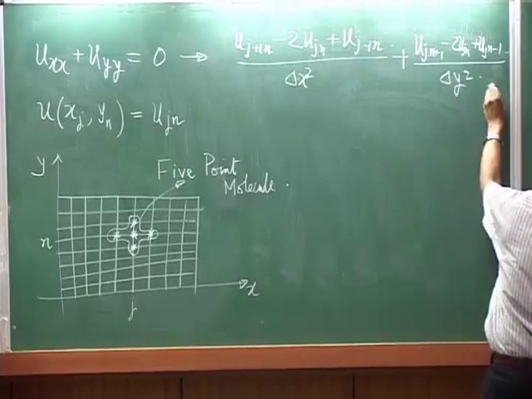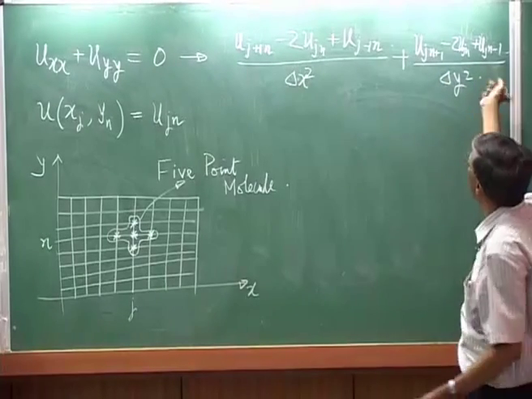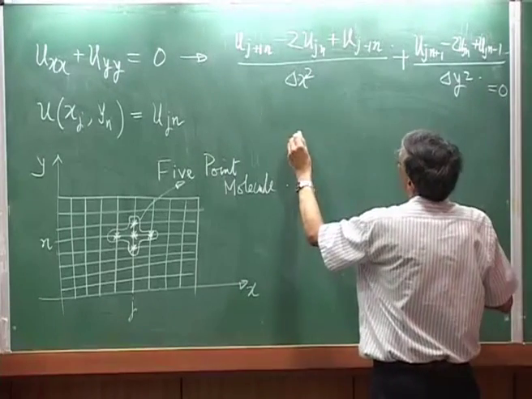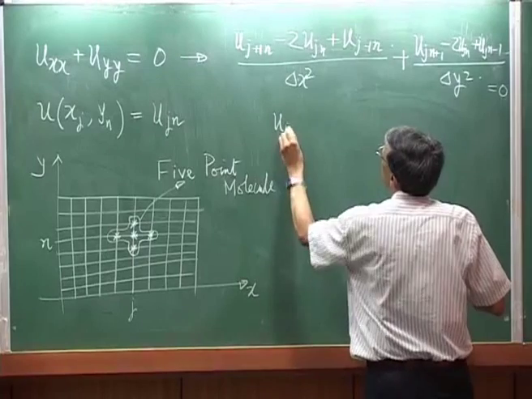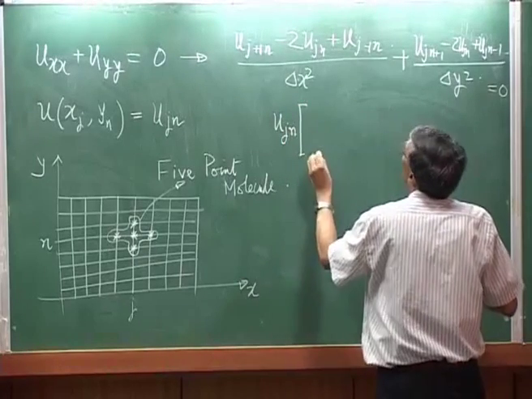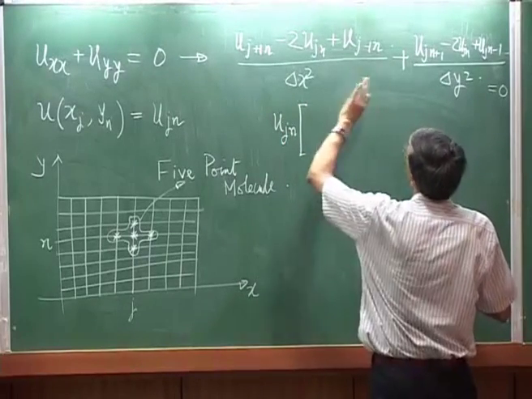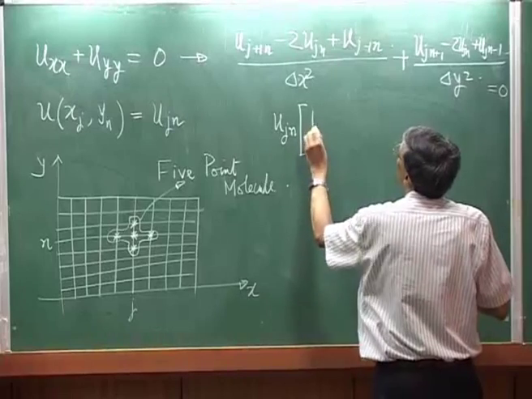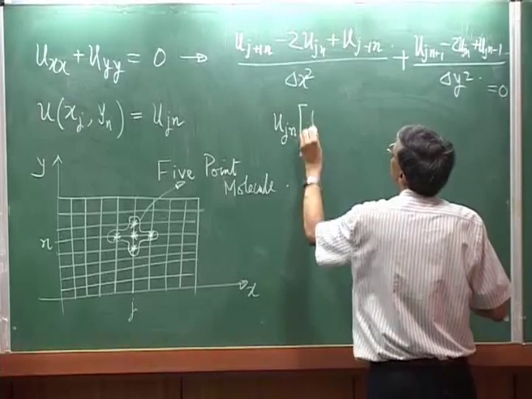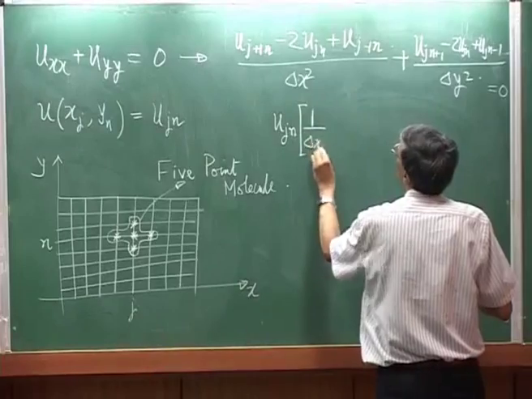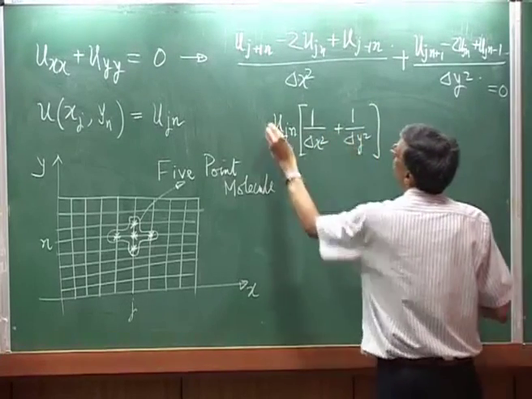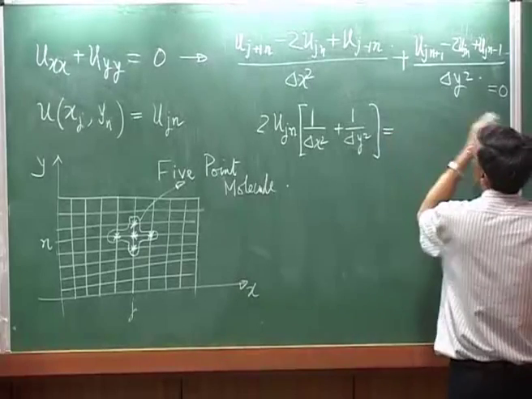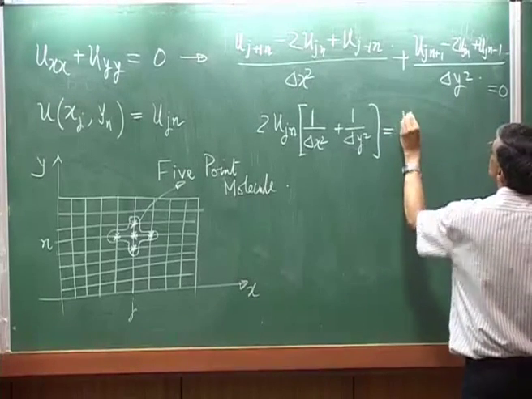Okay. So, that is equal to 0, and when you write it down, you find out that your u j n, if I write it down, put it on one side and 1 over delta x square plus 1 over delta y square, keep that 2 outside, and the rest of the quantities we could just simply write